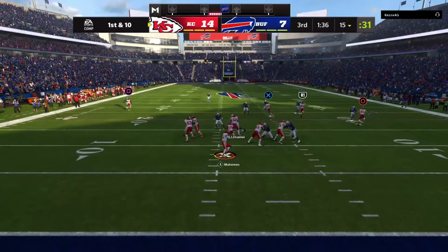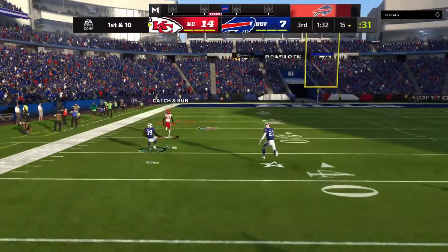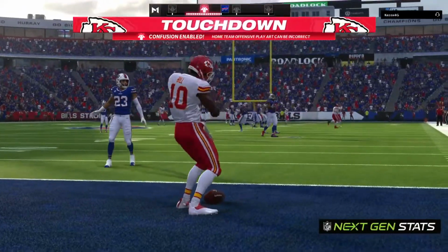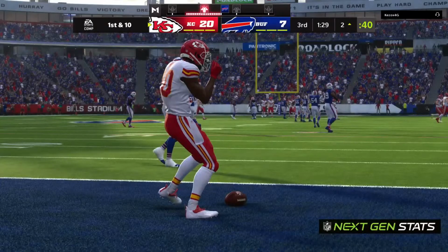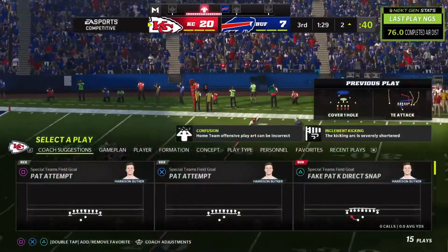Trying to shake off the interception from the last drive. He'll look to throw. And going deep for Hill. And the defense loses him. It's complete. And all the way in for a Kansas City touchdown. Patrick Mahomes, he can do everything seemingly, and that time he just reared back and let it fly. And as that ball was hanging in the air with the receiver streaking downfield to meet it, here